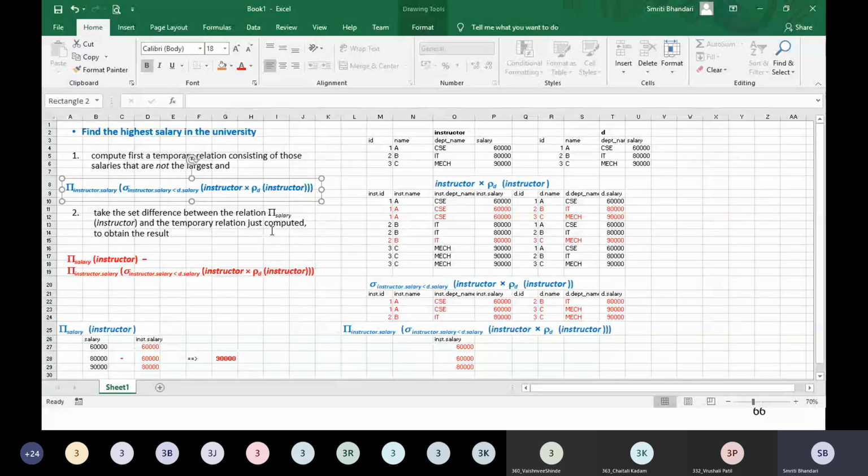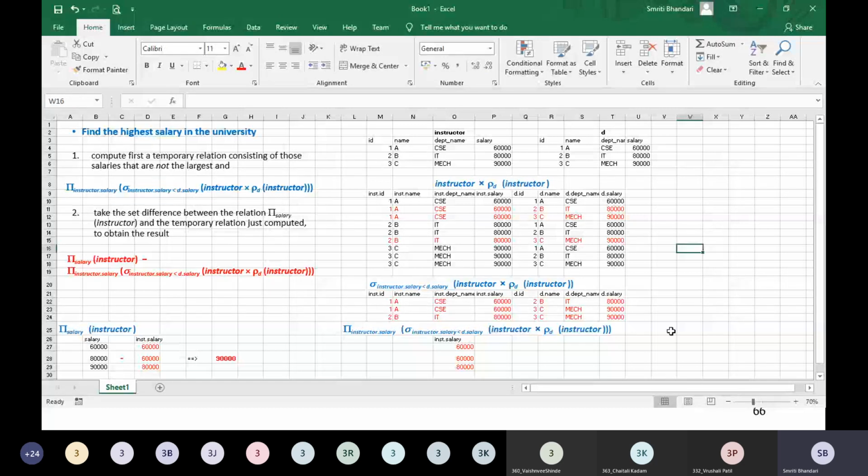But if you are asked to make use of only basic relational algebra operations, then we should develop a strategy, we should develop a method that will provide us the solution. Okay,